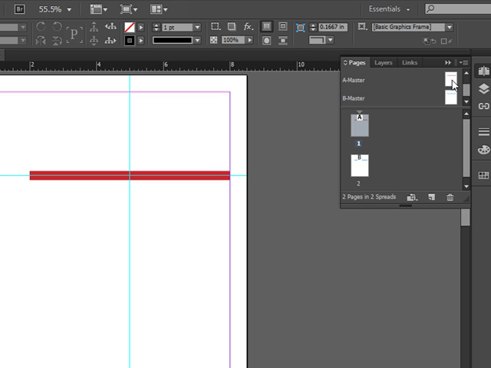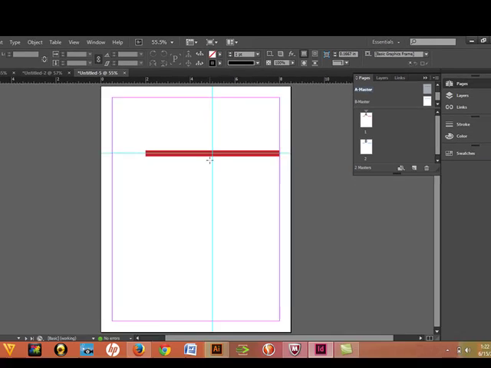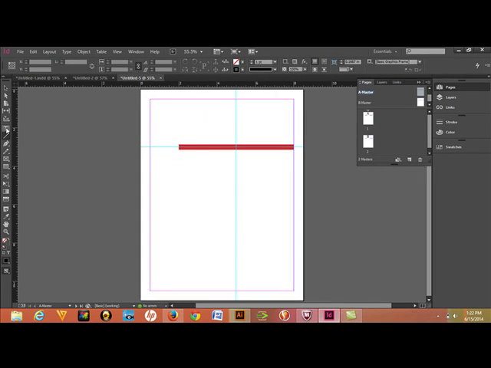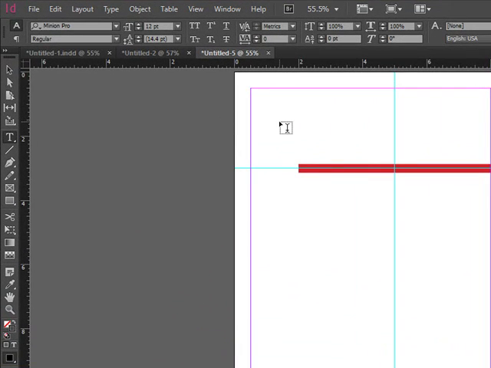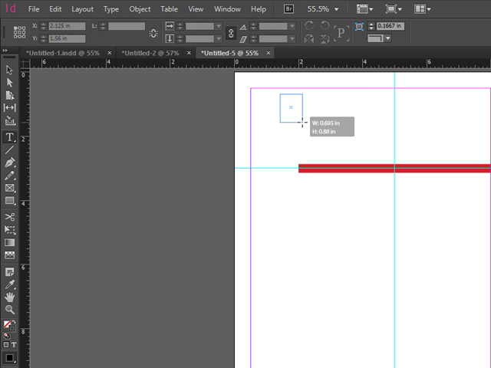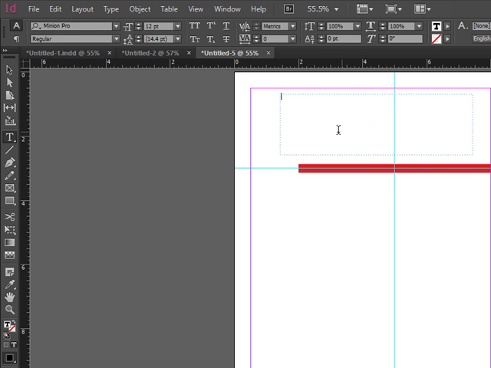Okay, so I'm going to go back to master A, and I'm going to take my text tool. And one thing that is slightly different with the text tool in InDesign is that I can't just click and start typing in. I have to make a text frame first. So I'm going to click and drag out to make a frame, and I can resize this frame. So I'm not going to worry about that. I'm going to type in Unity on a grid,